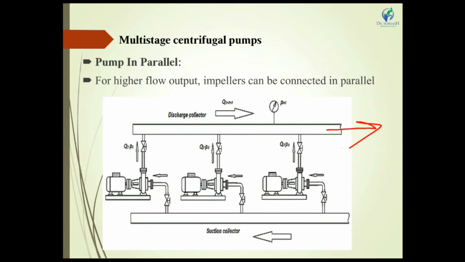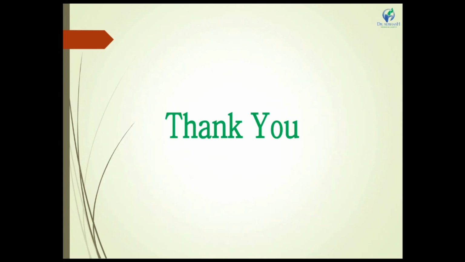We have to remember this sentence. If two pumps are connected in series, it gives a higher pressure. Pumps connected in series give a higher pressure and Q constant, meaning the pump output discharge Q stays constant from the first pump to the last pump. If you attach pumps in a parallel condition, it gives a higher flow, meaning it gives a maximum discharge, but the pressure remains constant from the first pump to the last. Okay, thank you.